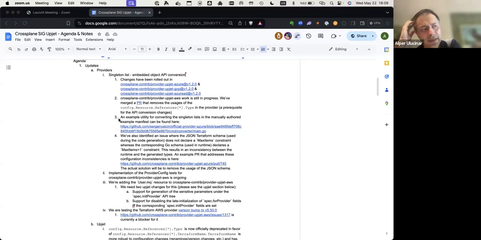We have extended Upjet and added a utility library in Upjet to facilitate this. You can see an example in the supplied link in item 3 here. If you have providers and you'd like to convert the singleton lists to embedded objects in your Upjet-based providers, and if you have manual manifests and the number is high, so that you'd like to automate the process of this conversion, you can take a look at how we did it for provider Azure.